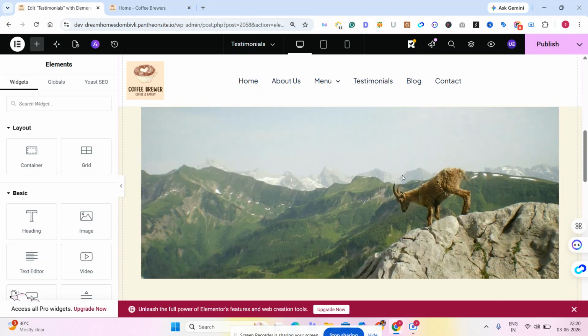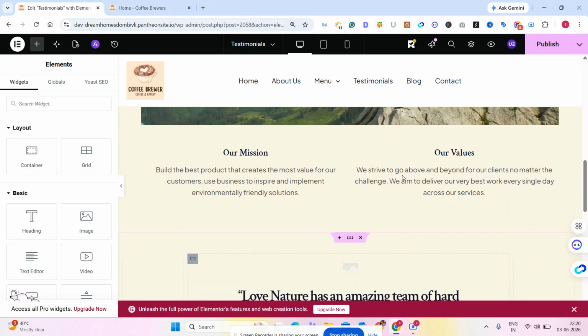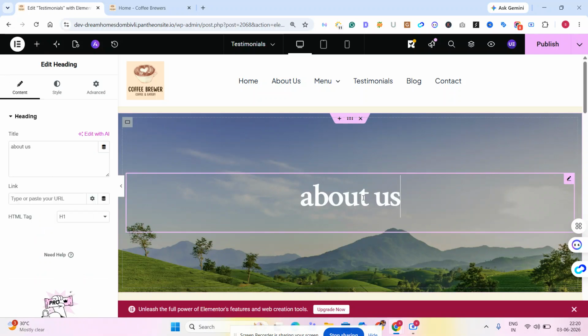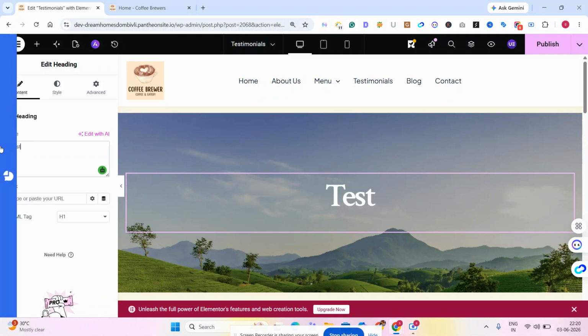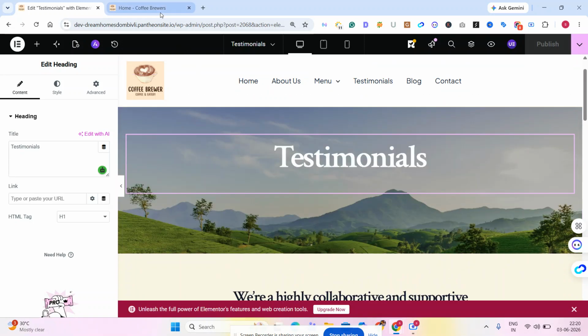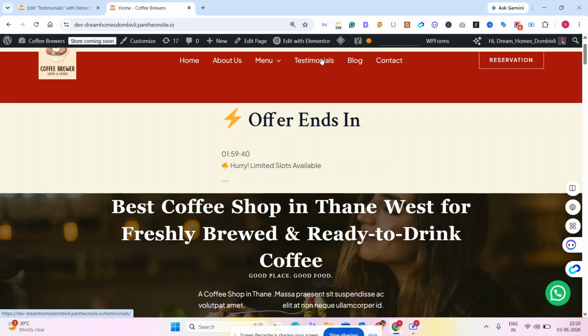So it will show like this, as you can see. And since we are on the Elementor editor, we can edit everything. So we will edit this section about us. So we'll change it to testimonial and we'll publish it. After publishing, we'll allow it to save. So it's published. After publishing, if you go to the front end of the page and click on this testimonial,